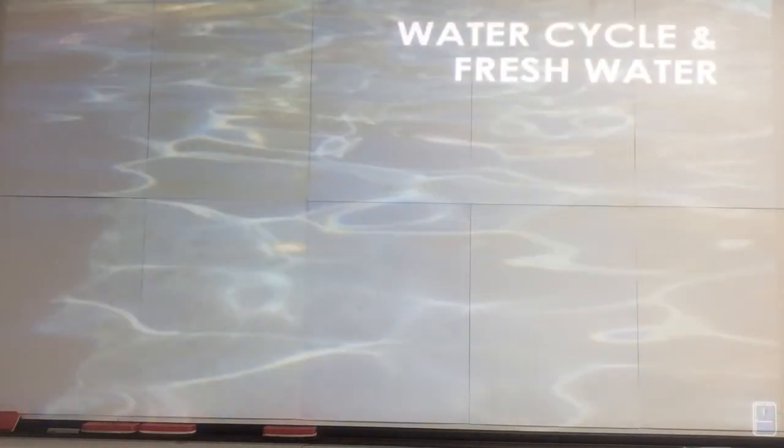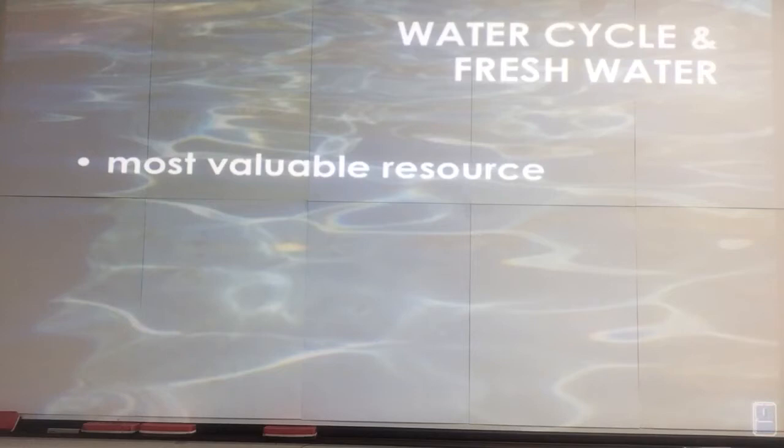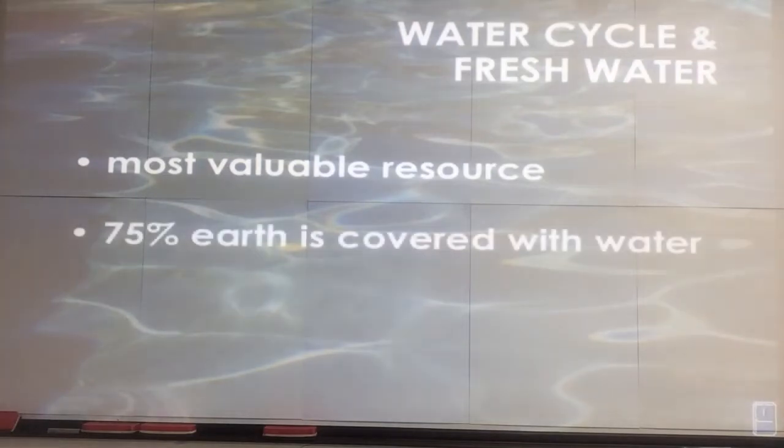We're mainly going to talk about the water cycle and other parts of water, such as fresh water and salt water. And we need to know that water is our most valuable resource. Without water, all organisms would die. For instance, plants could not make photosynthesis or the sugar or glucose they need without water. If you went many days without drinking something, your body would die. It would not be able to make the energy it needs.